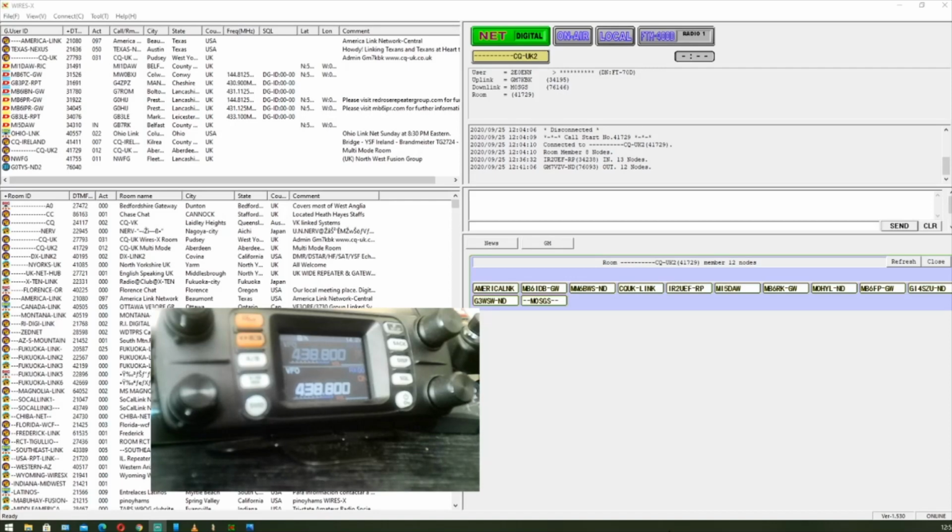So now we want to go to this room. That disconnected the CQUK2 room. So as you can see, I didn't come up on the screen. So to connect to the CQUK2 room, we press the GM button, and we'll go to DGID 25, and when I transmit on the bottom VFO,